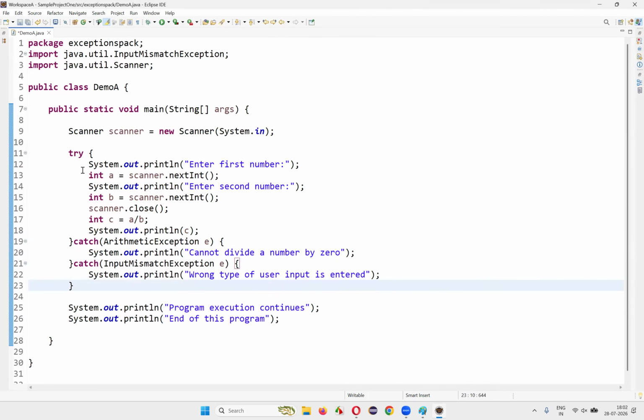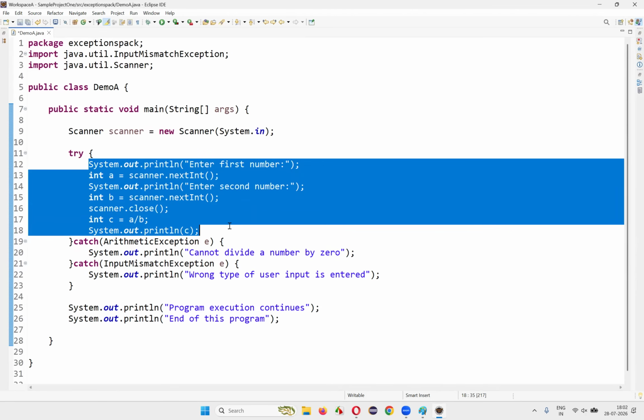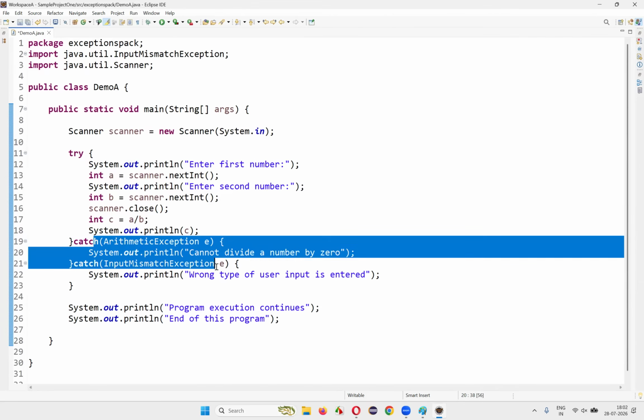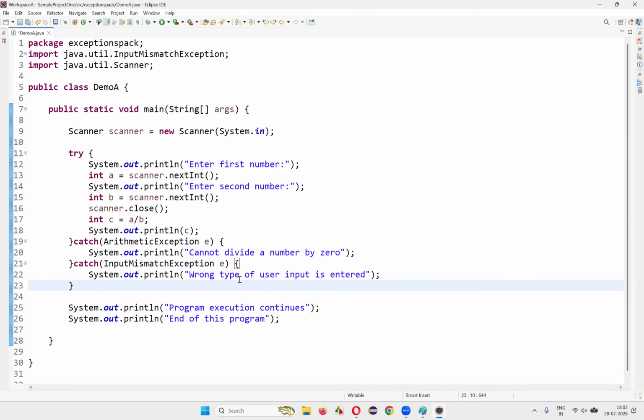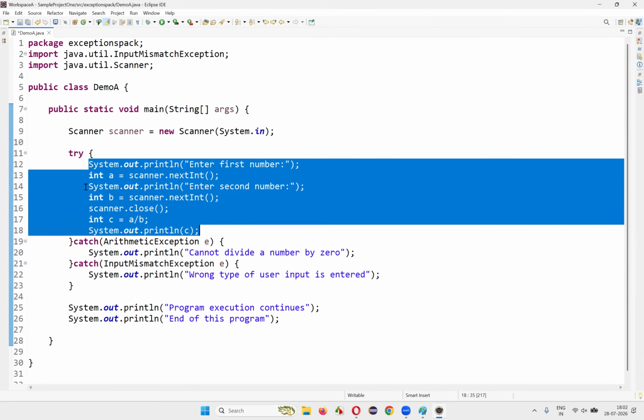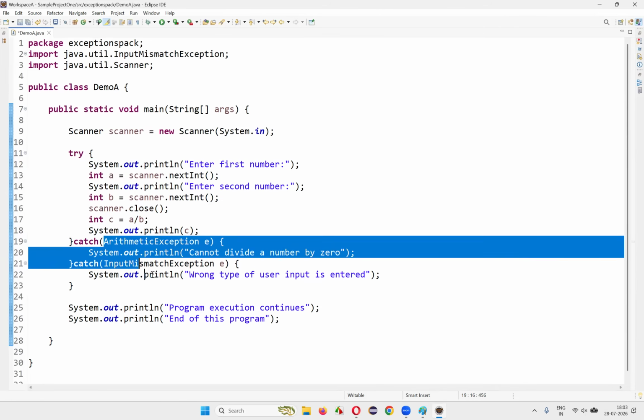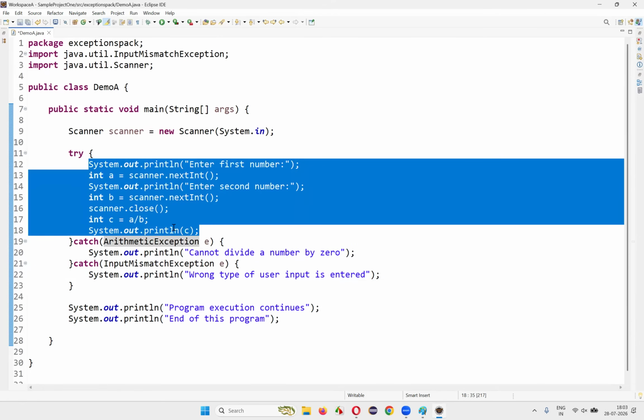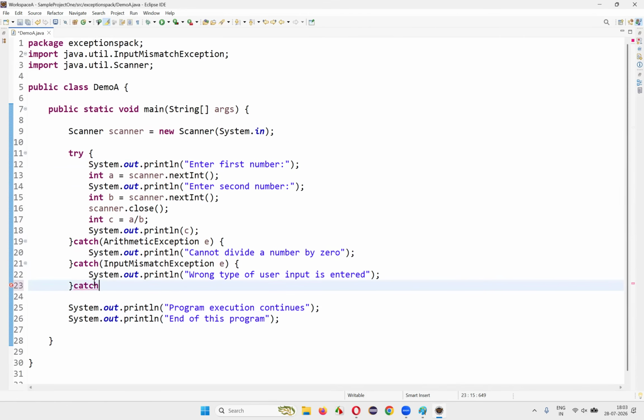But what if this particular code may result in any other type of exception apart from arithmetic and input mismatch exception? How to handle that? Here we have two catch blocks, and we are sure that the code surrounded with a try block may sometimes result in arithmetic exception or input mismatch exception. But what if some other exception type may come here? We don't know, right? It may happen. So the best way to solve this problem is to write one more catch block,